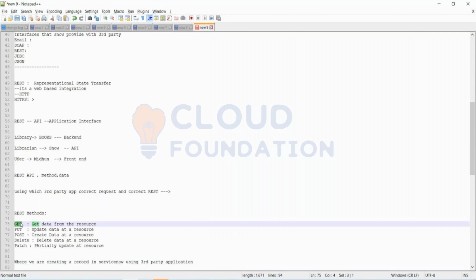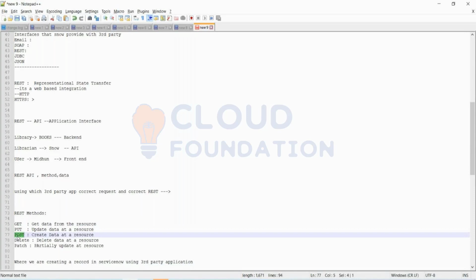Only one type of integration will be used, right? If I'm fetching with GET, I will get data from the source. If I'm using a POST method, I'm going to create the record. So you cannot include the POST method in the GET method itself. You have to explicitly create another method for it.